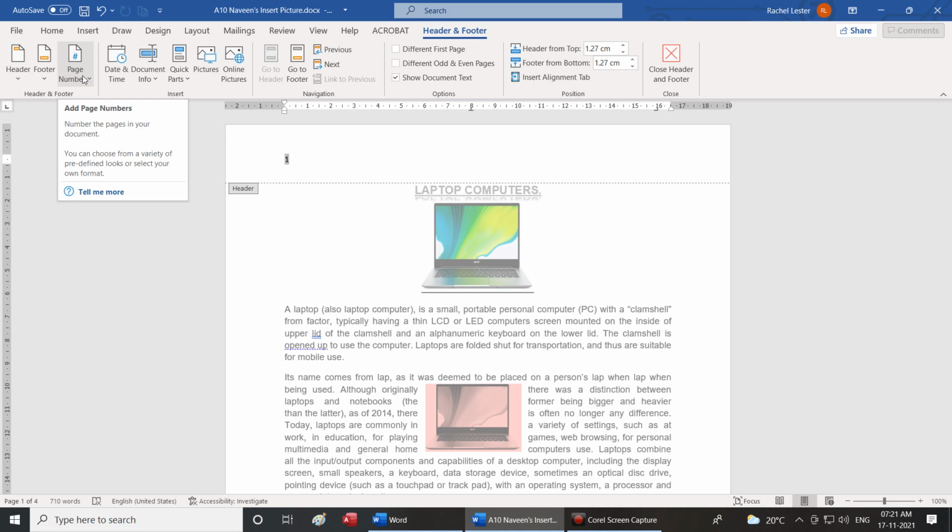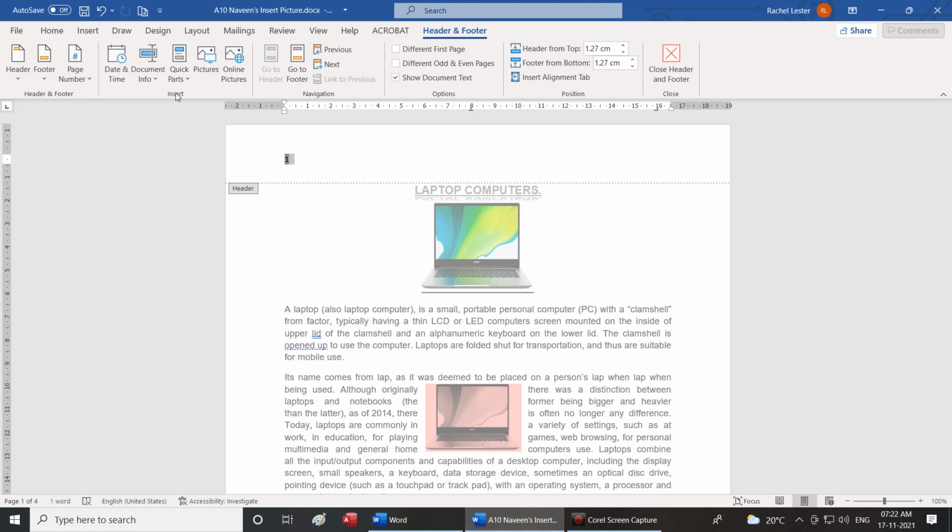If something is already defined, you will have to only select predefined looks or select your own format. Okay, close this in one para and then whatever the earlier one, we will continue with that. The insert group has the following options, whatever you have written, you please continue with the same.